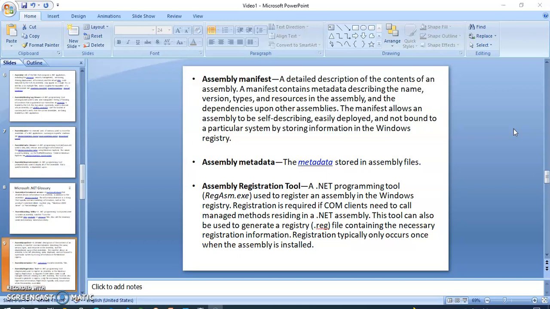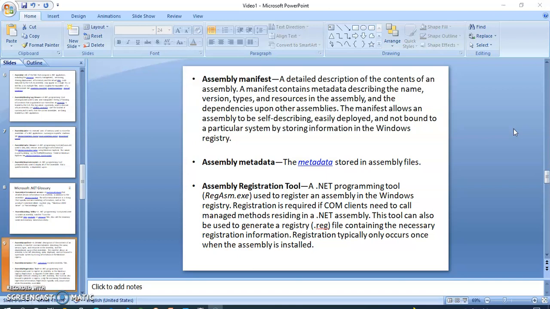Now we will discuss the assembly registration tool, a .NET programming tool, regasm.exe, used to register an assembly in the Windows registry.